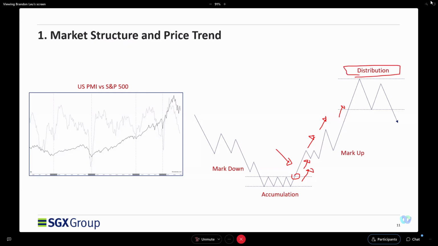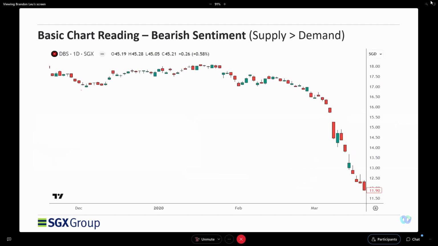We see distribution coming in, where people who are very familiar with the business will think that, okay, no, the price to earnings or the valuation is too high, I'm going to take profit. So when there are more sellers coming into the market and the demand starts to ease off, we will see distribution, which means that there are more red candles shown on the chart before the price breaks lower, like we saw in the earlier chart.